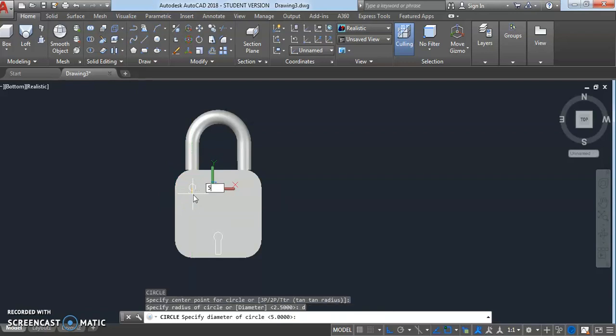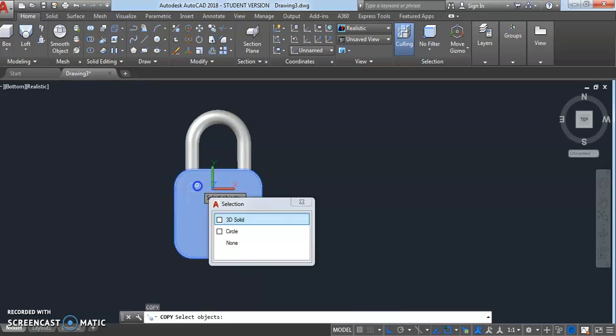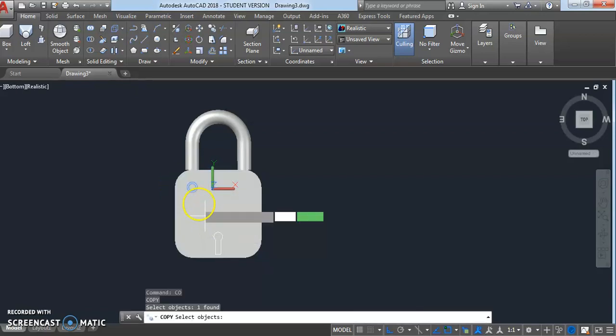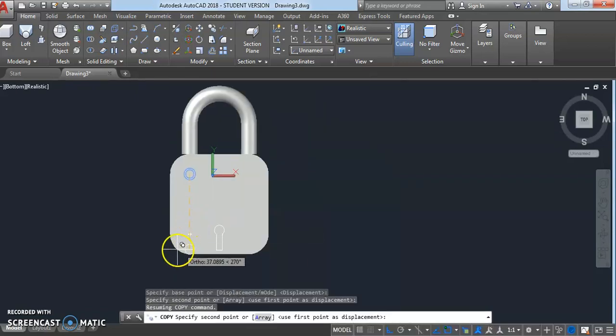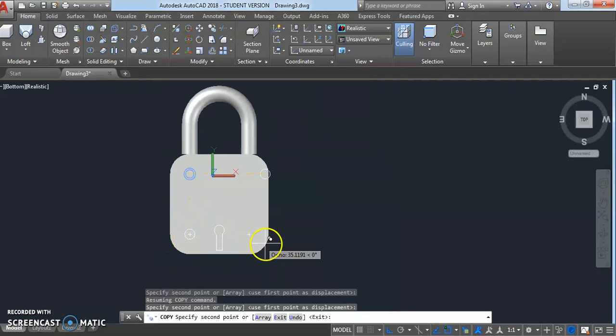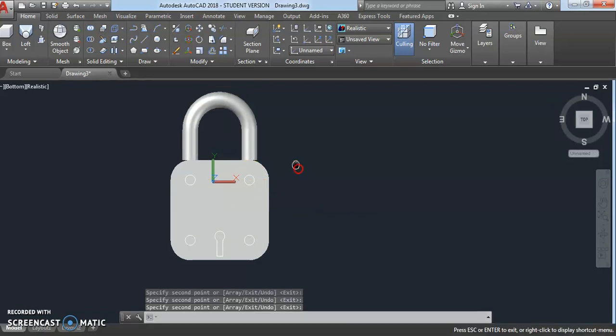Type C, enter, 5, enter, and copy this circle by using CO. Select this circle, enter, select this point, click here, here, here.